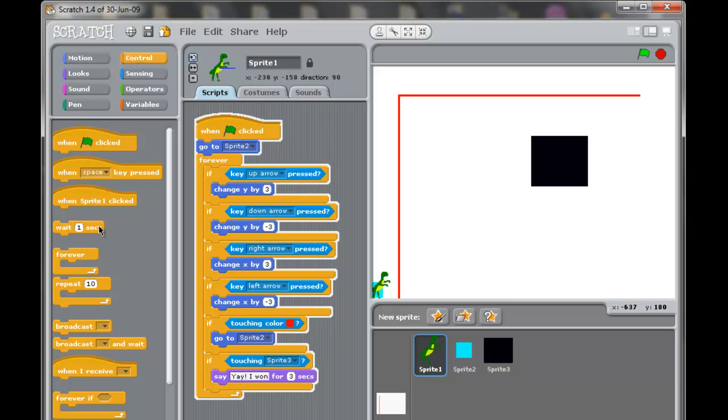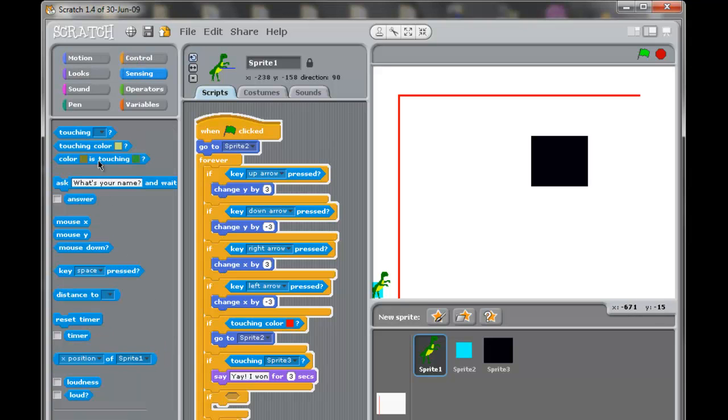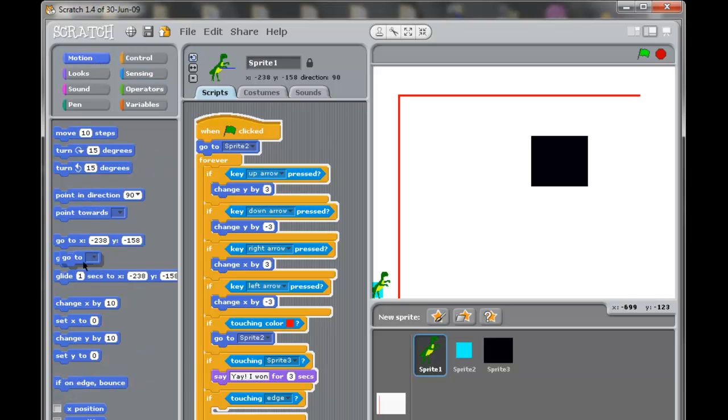You're going to want to put down another if right under it. You're going to select sensing. You're going to select where it says touching. Now we're going to select edge. This is optional, by the way. And now if you go to motion, you're going to go to sprite 2. Now what this does is, if it touches the edge,